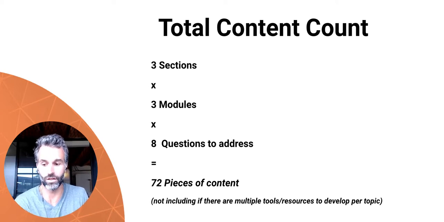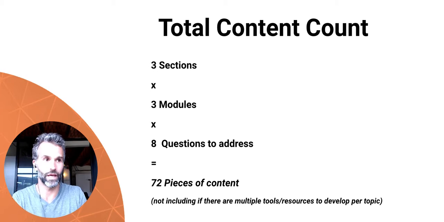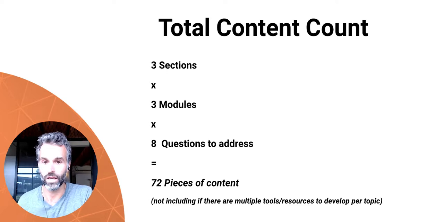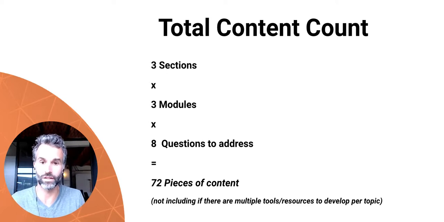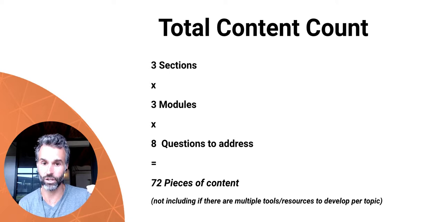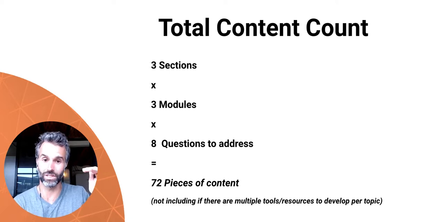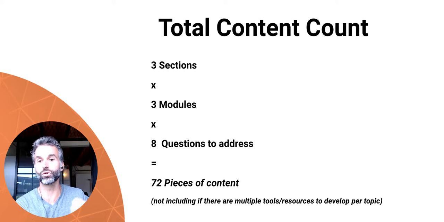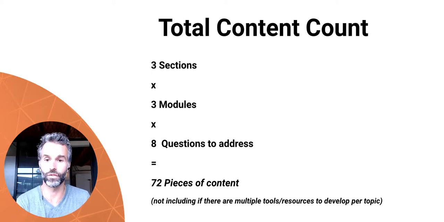And then even if you don't want to expand on this, you could take this as, okay, personal branding is one, and then marketing, and so if you have multiple things that you talk about or that you know about or you have experience with, this already compounds. And again, this is just at its kind of most bare bones. Most of the times that I've done this exercise with people, usually I break it down into 4 sections and at least 8 to 10 modules in each. And then with those 8 questions, you usually end up with over 600 pieces of content. And that's stuff that people would want to know about. That's important pieces of the puzzle of the thing that you're teaching about.